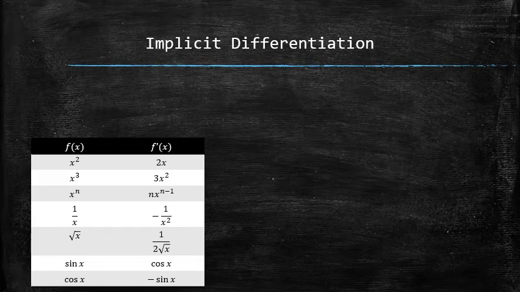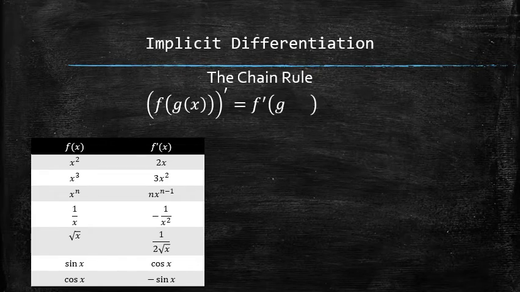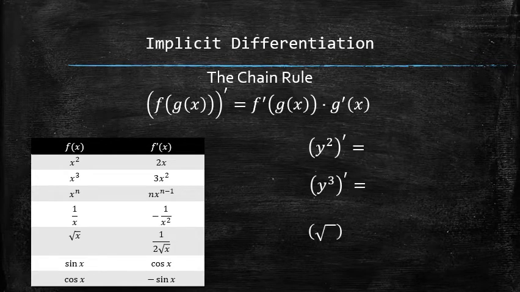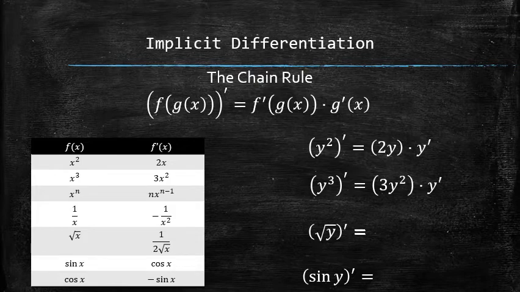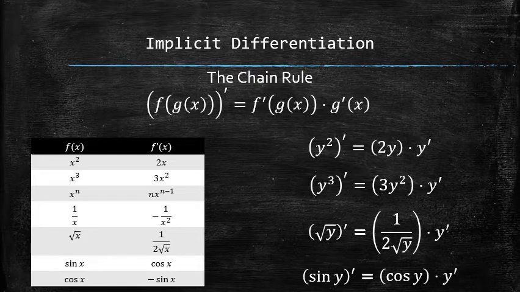Finally, let's practice applying the chain rule for compositions of functions, one of which is known and the other one isn't. We will label the unknown function with the letter y. By the chain rule, the derivative of the composition is the derivative of the outer function multiplied by the derivative of the inner function, so we get the following results. As a matter of fact, in many tables of derivatives, this is how the derivatives are presented. Note that the derivative of the outer function is found in terms of y, which is unknown, but once it becomes known, we can replace y and y prime with the appropriate expression.